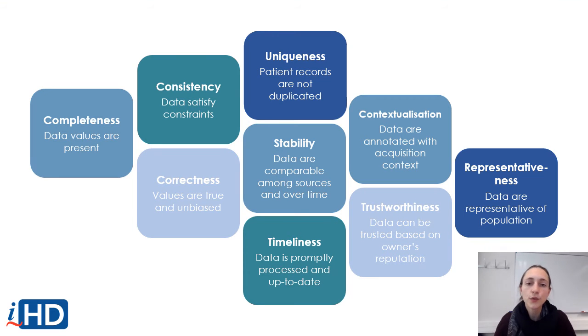So this slide gives an overview of the 9 data quality dimensions that were selected by the task force based on the existing frameworks in the literature and after their multi-stakeholder consultations. So the completeness, consistency, correctness, and uniqueness dimensions are commonly used in the data quality literature. And although sometimes the first 3 can overlap on their definitions or be contained within each other, we prefer making